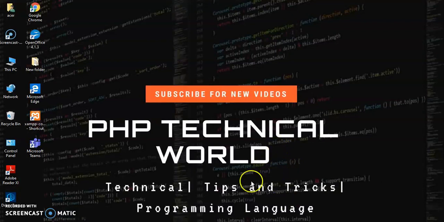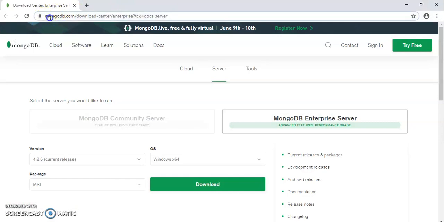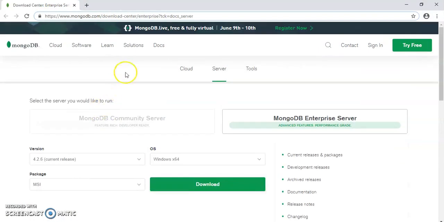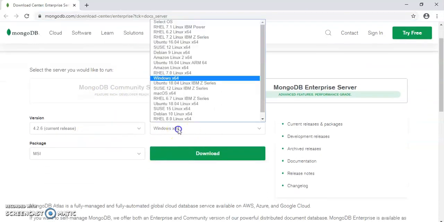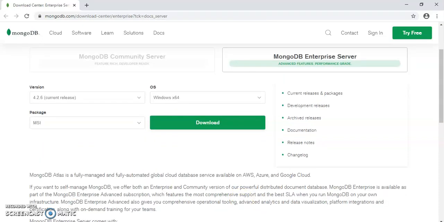Today I am going to cover the topic of Mongo installation in Windows operating system. So first you have to check out the official site of MongoDB, and after that just go to the operating system in which you have to install the MongoDB. So I'm just choosing here as Windows. Just download this one. After that,